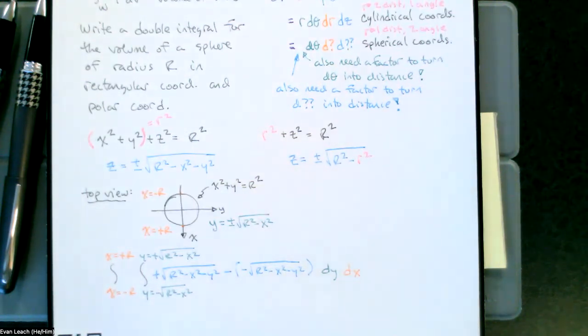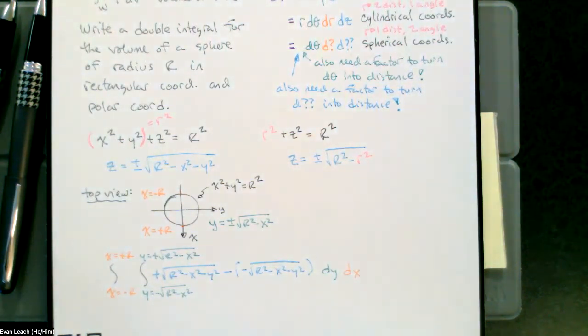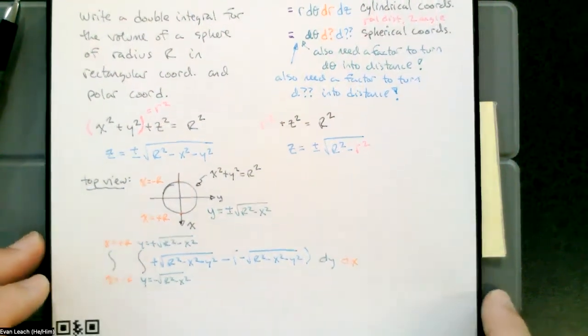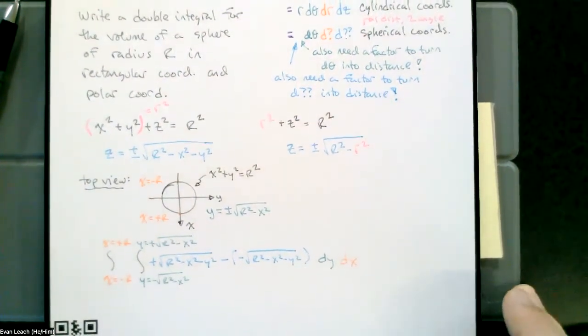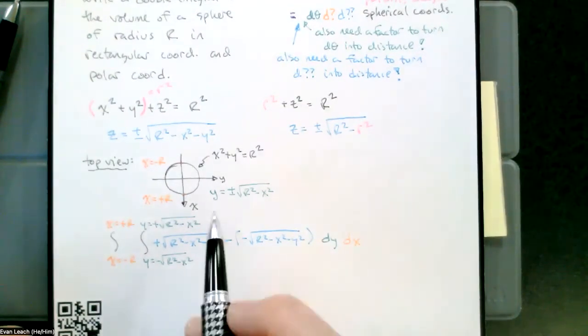This is going to change my dx dy for a d theta dr. But we can't just use d theta as is. That's not a length. It doesn't give us an area. We have to throw in an extra factor of r. So r dr d theta, and also, since we're just doing this whole circle, rather than having to solve for y and then say x between these two values and then y between these two functions,